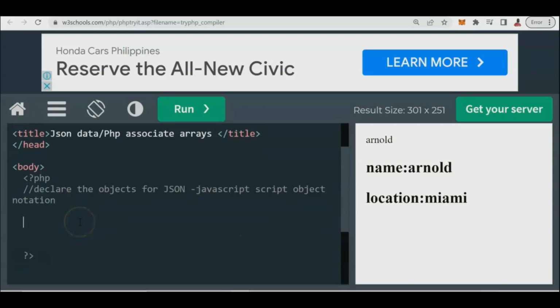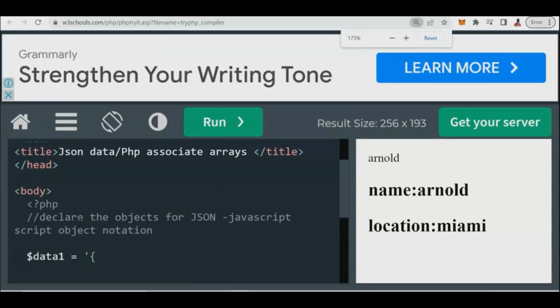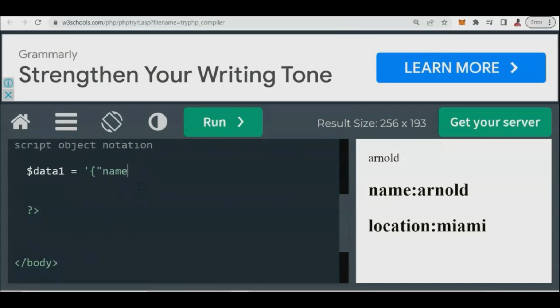Okay. Now let's proceed. Let's see how to declare the JSON objects. Let's say we have a string, and here we have data1 equals, and that is how you declare it. You put the single quotation, and at the same time your name, let's say Arnold, then a comma. This is what you call paired values, because we have keys and values. A database consists of records that have paired values, keys and values, right? Location, then let's say Miami,